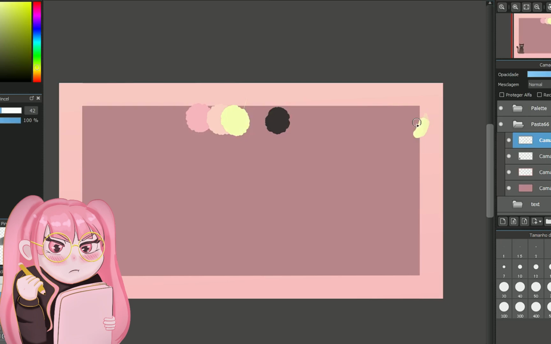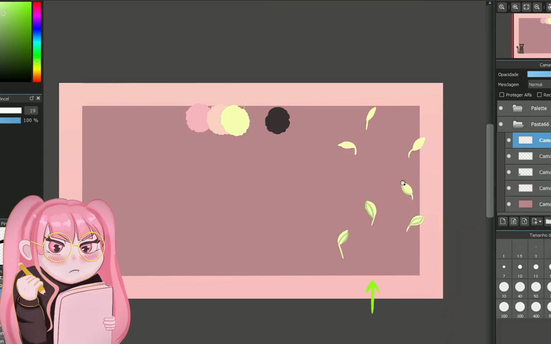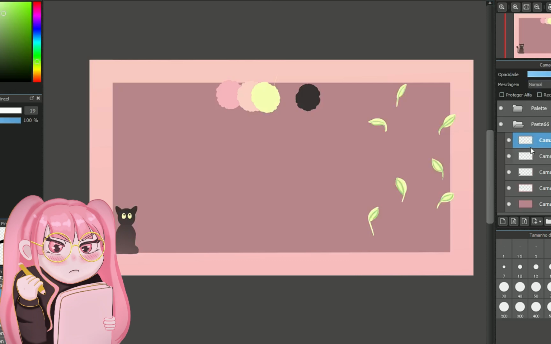I just copy and paste the same cat, and I decide to draw some leaves there. For now, what I did, I just used rectangles to build this frame. Copy and paste the cat that I drew before. And I'm drawing some leaves there, using some layers, trying to figure it out.